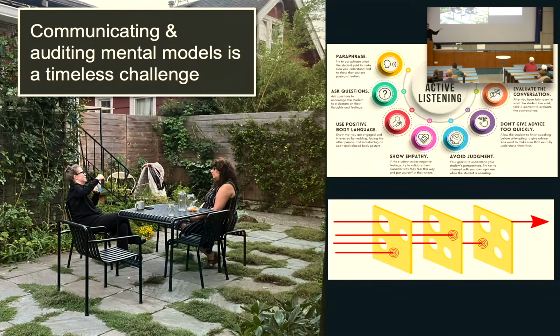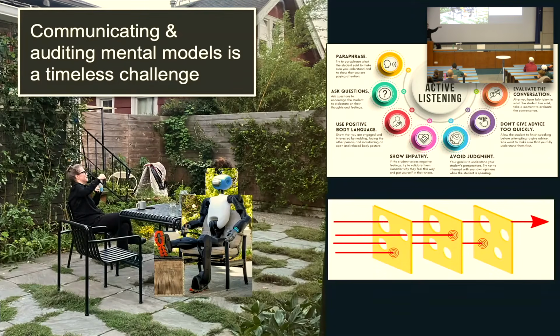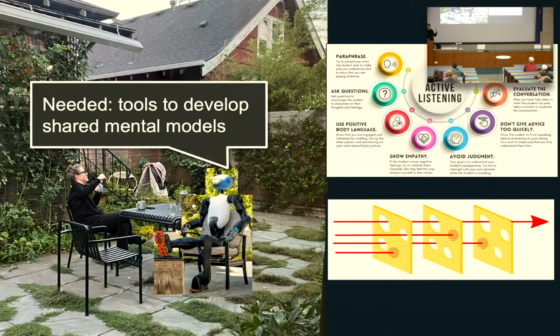And so we have a bunch of tricks as a society to do this. There's the idea of active listening, and there's the Swiss cheese method, where you say the same thing a bunch of times in different ways, and then hope that the person listening is able to synthesize what you're trying to say from the different attempts. And in this world where we're working with bots, this is where we're going.